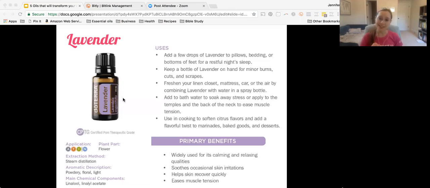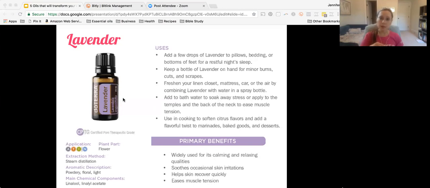Now, there's several other ways that you can use lavender and really benefit from its calming properties. So, in addition to the aromatic use of the oils and the calming and relaxing of the mind, it's also very calming and soothing to the skin. So, lavender is wonderful to have on hand for any sort of skin issues, skin irritation. So, minor burns, cuts, scrapes, bug bites, anything like that where the skin is irritated, you might have some redness, some inflammation. Applying lavender topically to that area is going to really help soothe and support the healing process, okay? And with bug bites, it often takes away the itch as well, which is fantastic.